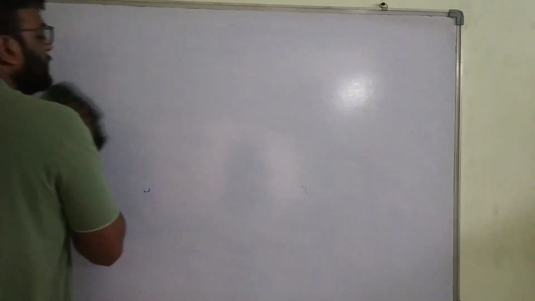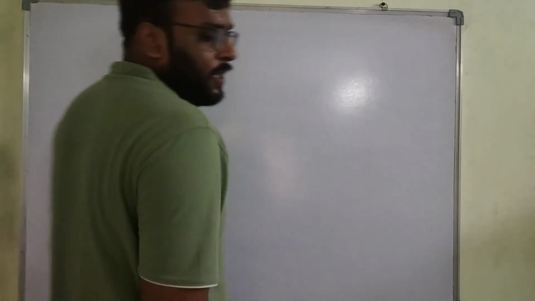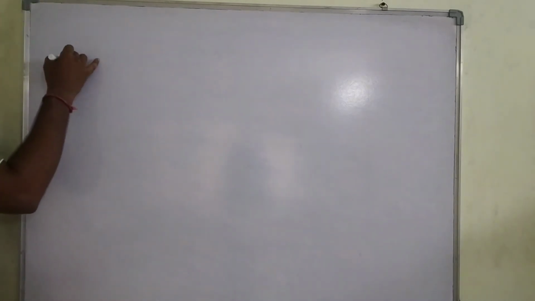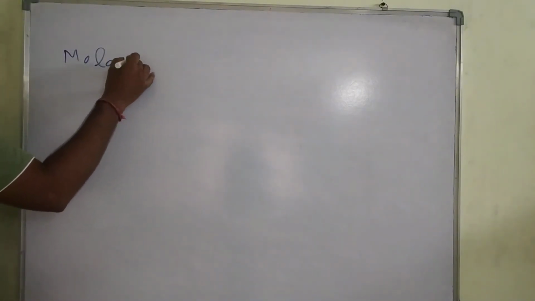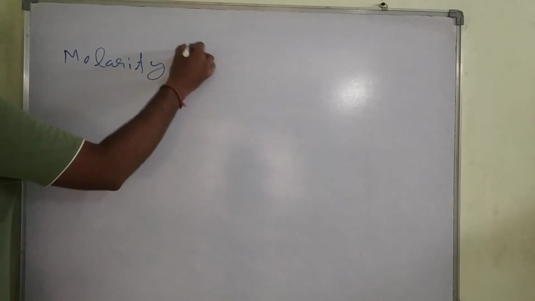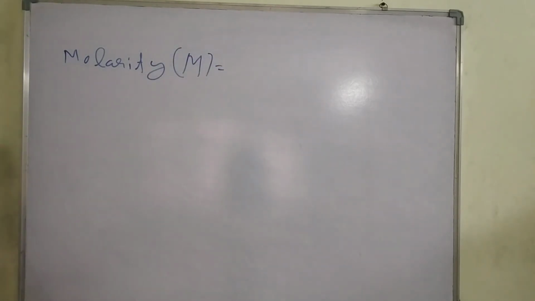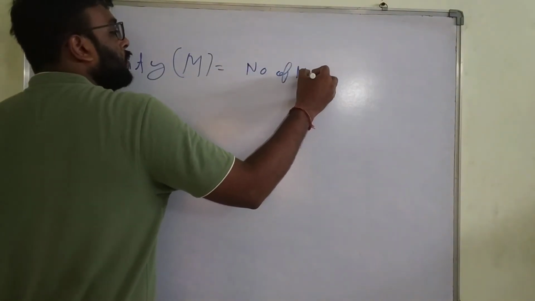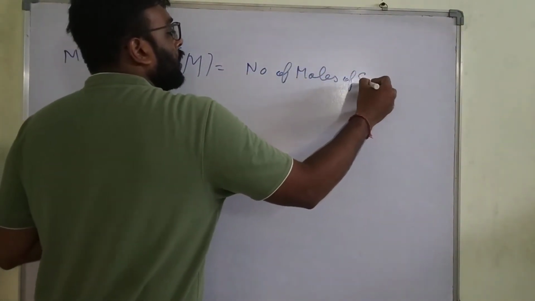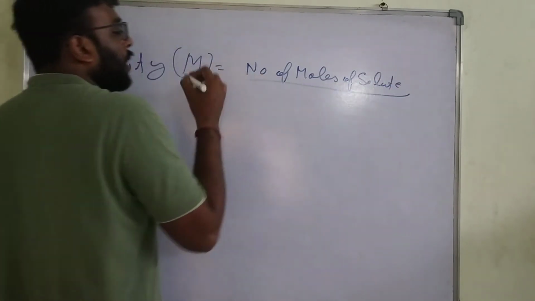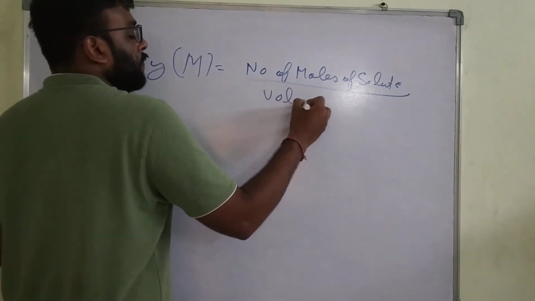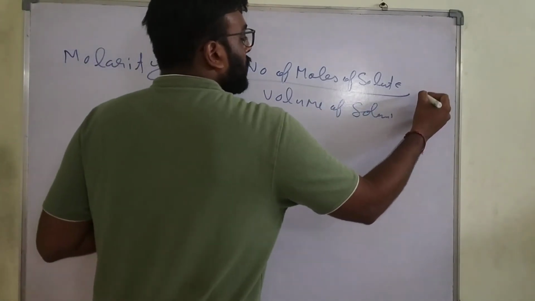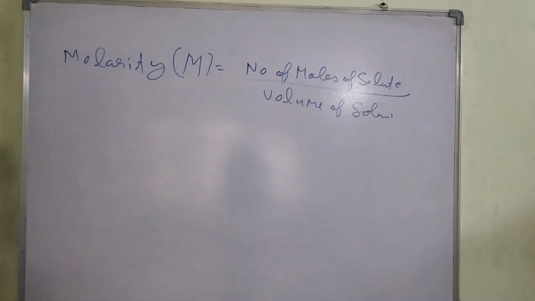You already know this is the basic fundamentals. I have already taught you in the lower standard. This is a mole concept. What is molality and molarity? Two words are used over here. One is molarity. Molarity is represented by capital M. What is the basic fundamental formula? Number of moles of solute in per liter of volume of solution. It is called molarity, represented by capital M.